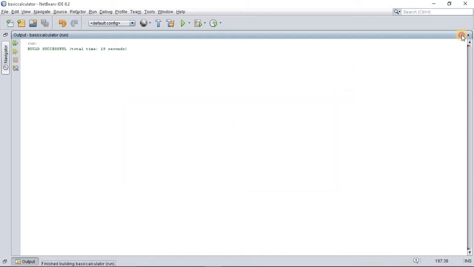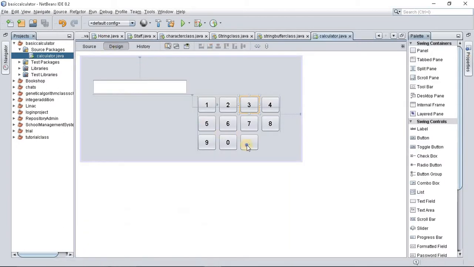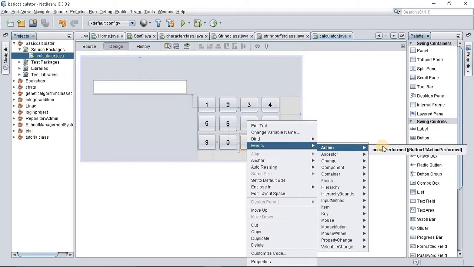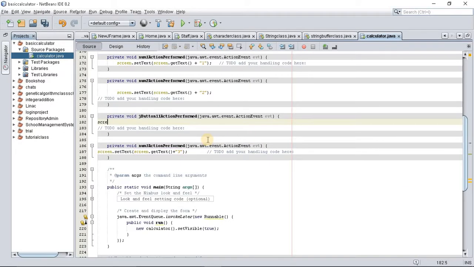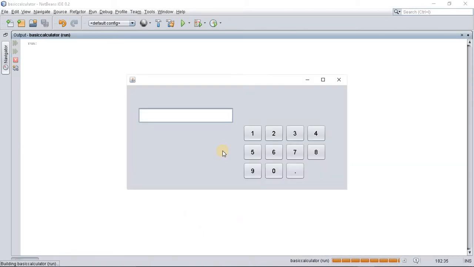Like for example, close this and go to your design view, right click on this event, action performed. If we simply say screen dot set text, screen dot get text plus decimal point, and right click to run file. Now we want to input 12.42, but surprisingly, because we've not fixed this decimal point well, if you click it one more time, you see another point, and like that,